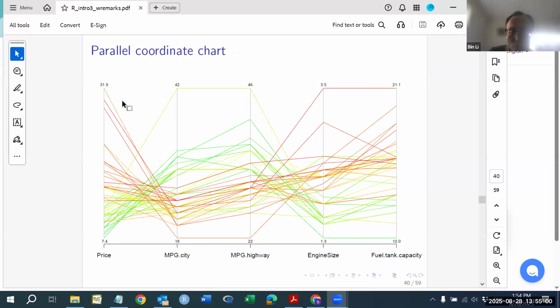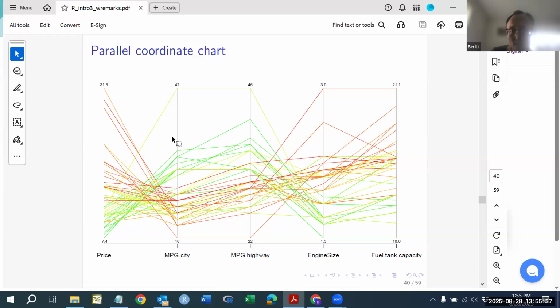So anyway, you can see the plot that shows the price, MPG city, highway, engine size, and the fuel tank capacities on two groups. The group is based on the number of cylinders, and here you can compare these two groups by the different colors, and you can see the red one is most likely the cylinder